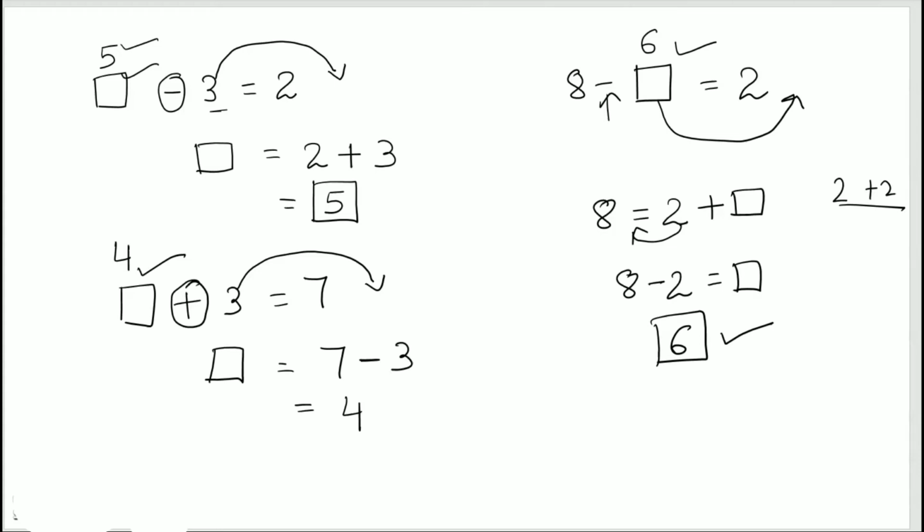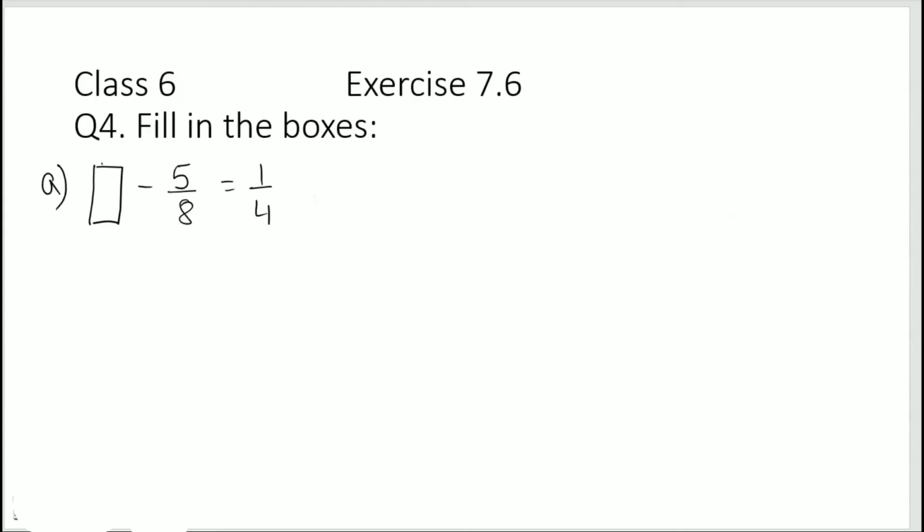Okay, now let's see how we can solve our problem using this rule. Blank box minus 5 over 8 equals 1 by 4. So I'm going to shift this number to the right hand side. So this would be blank box equals, there's a minus sign, so it will become... Sorry, it's not 5 by 8. First we'll write whatever is there already. So 1 by 4, and minus becomes plus, plus 5 over 8.